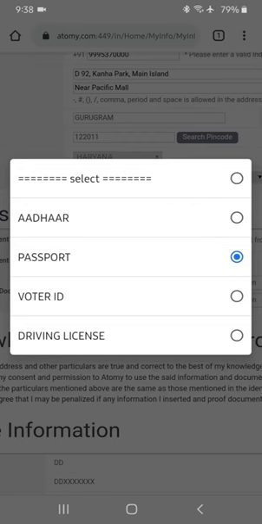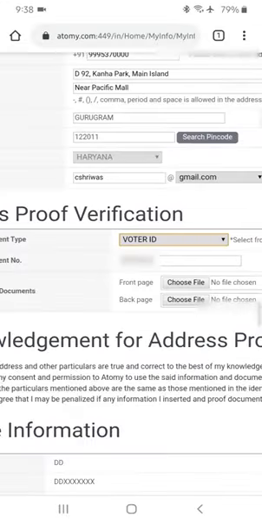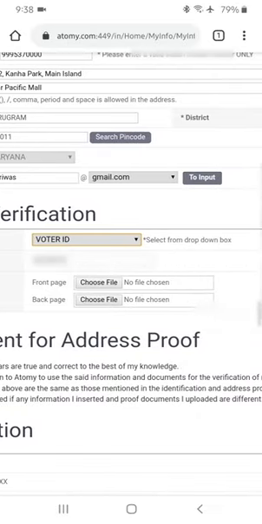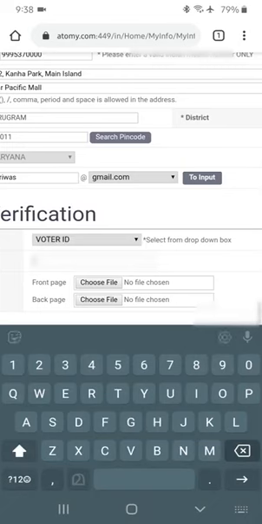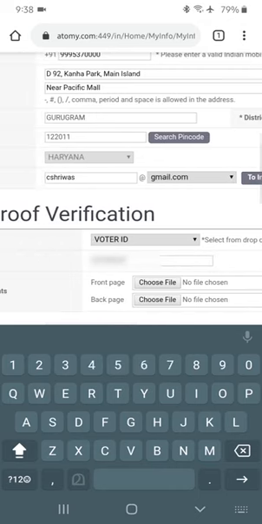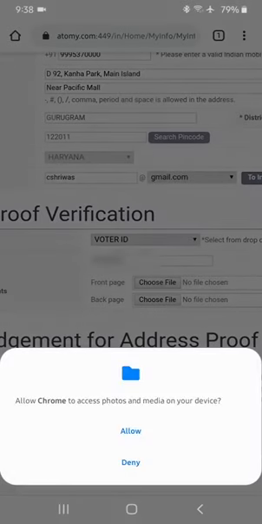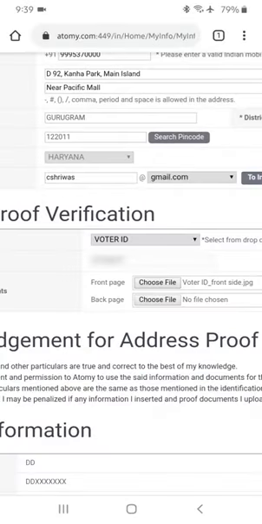So I request you to select voter ID, input your voter ID number, then select the front page by clicking choose file. Then select the back page by clicking choose file.